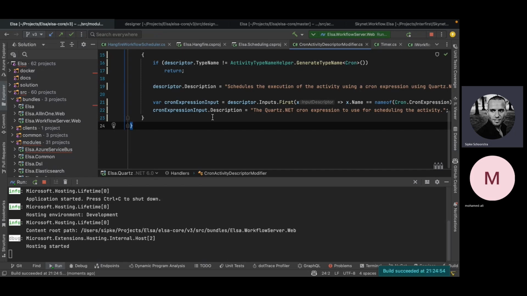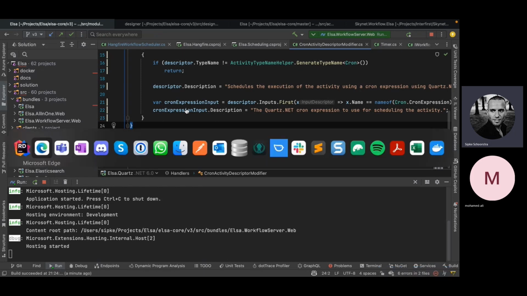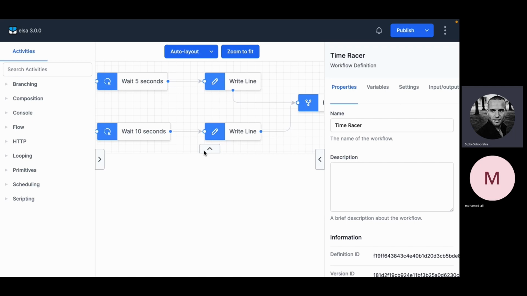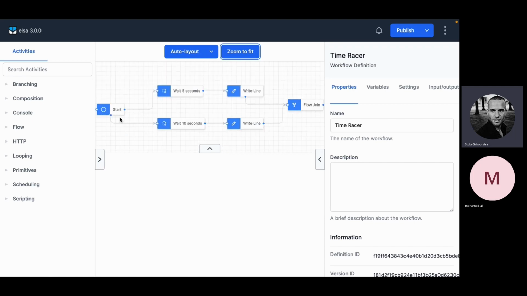So there are default implementations, but they are not suitable for multi-node clusters because it's all in memory and all local. So you do want to use Quartz and/or Hangfire when you start hosting in a cluster, just as a side note. All right, so just to show the Timeracer, I'm going to invoke this workflow manually,